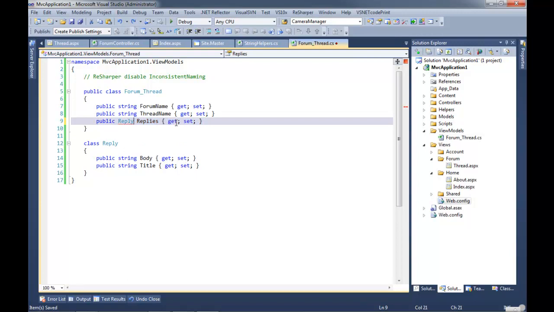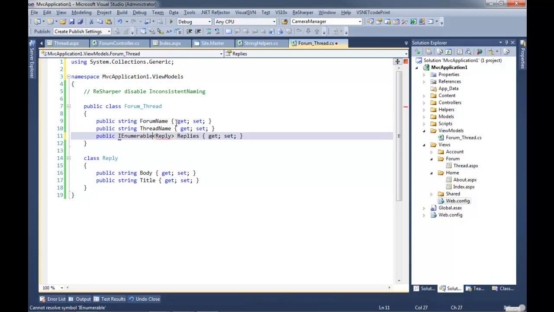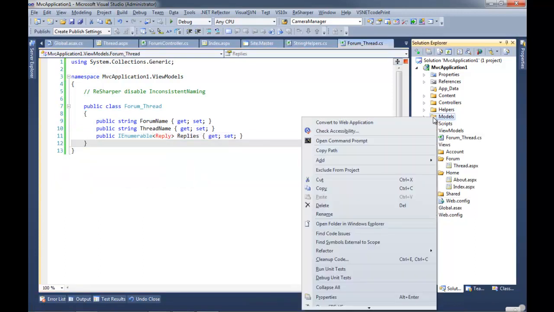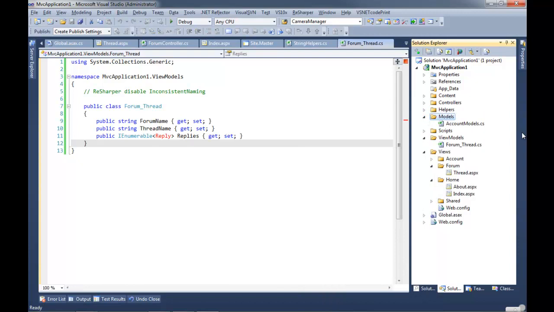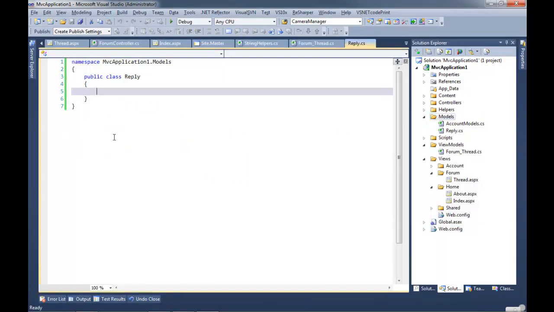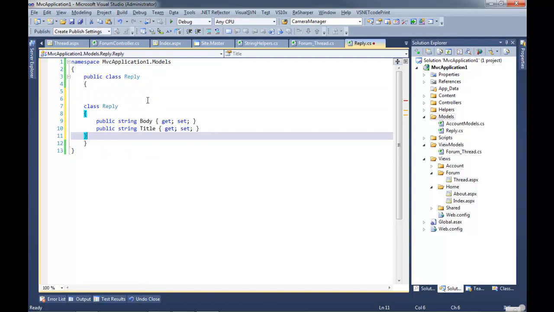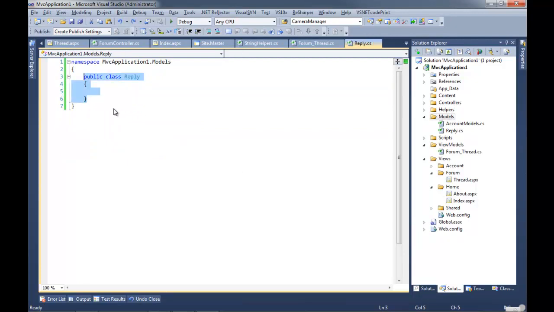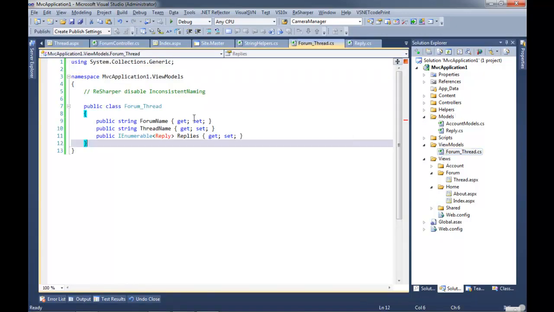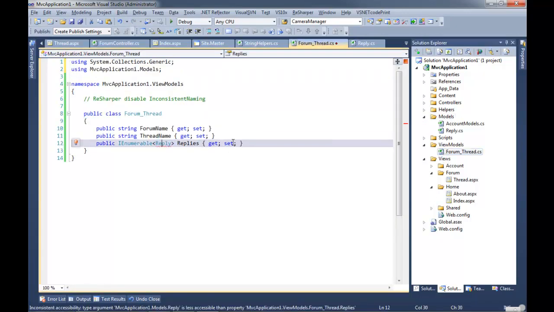Let me just, for anybody who can't maybe visualize this, show a for each loop with a strongly typed object really quickly. This actually should go to my model. I'm going to do that right now. So we have now an example of actually using some of our model objects inside of our view model. And we'll add that namespace.